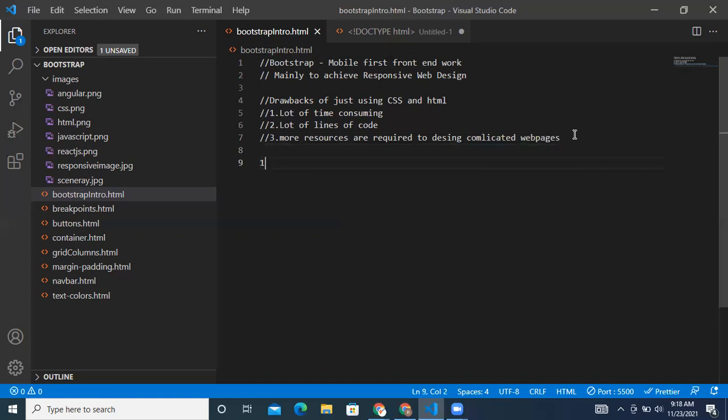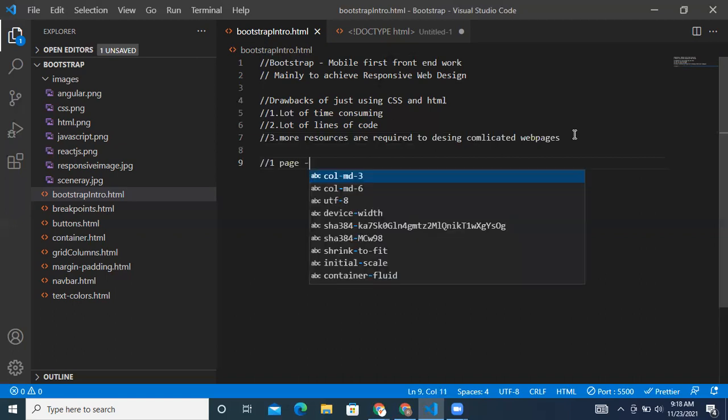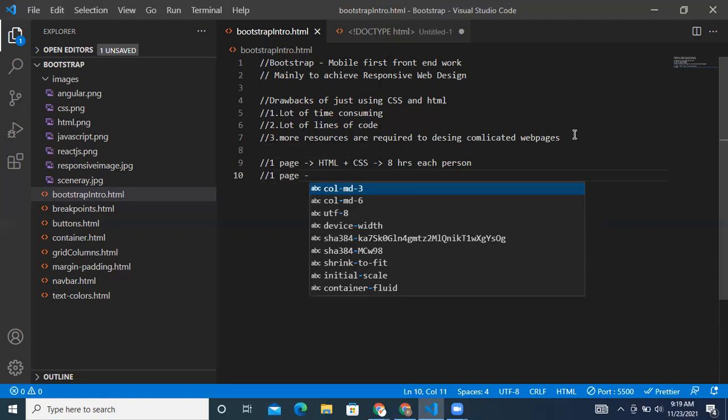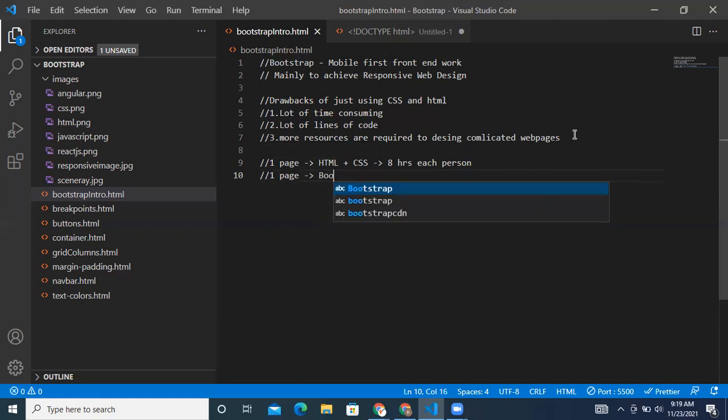So here, let's say for one page designing, just by using HTML and CSS, if they're taking 8 hours each person, the same web page can be designed using Bootstrap just by 1 hour.